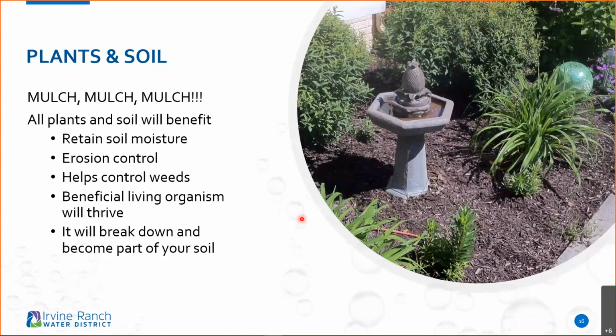But there are also easy eco-friendly pest control things we can do to try to avoid using harsh chemicals. The benefit of mulch, of course, is as it breaks down, it becomes part of your soil and starts becoming part of that organic matter in our soils, which is great.